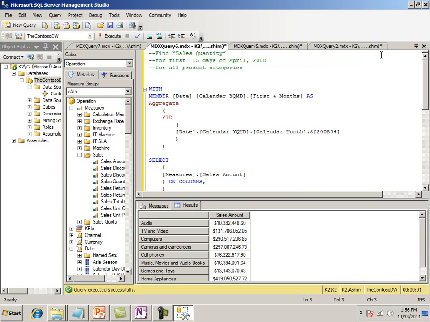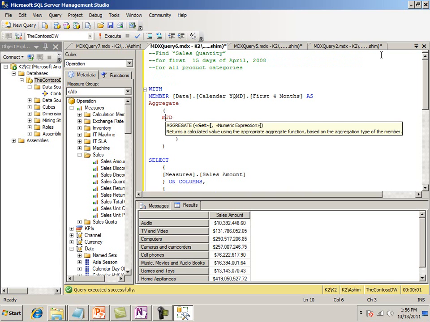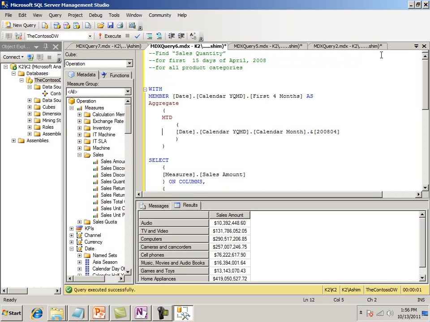Okay, so this is good. We want to change to M to D. Okay, sorry, my caps lock. Okay, M to D, and because it's month to date, we're going to grab a date,